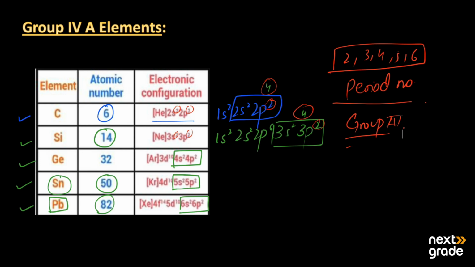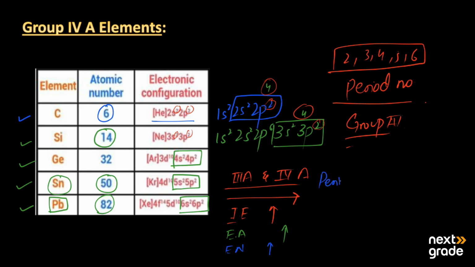On the other hand, when we compare the elements of group 3A and group 4A, when we move from left to right, their ionization energy increases. Then the second property we have is electron affinity. It also increases when we move from left to right in the periodic table. And then we have their electronegativity. It also increases when we move from left to right in the periods in the periodic table. So this is the main